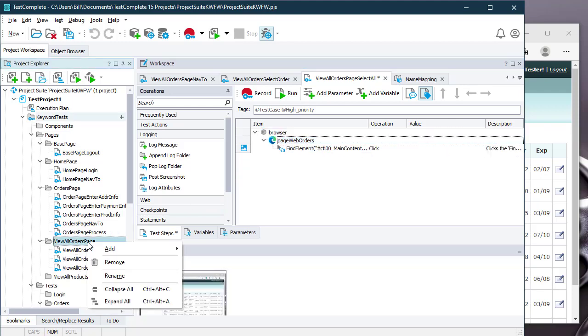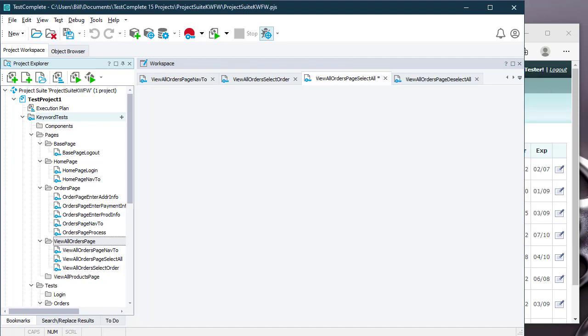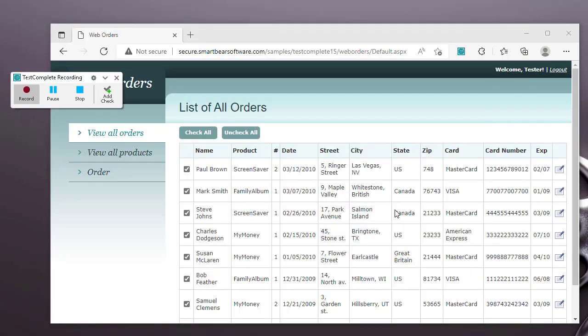We'll just add the deselect all, and then we're going to view all orders page, deselect all. And as we record that, we just click on the deselect button, and then one more